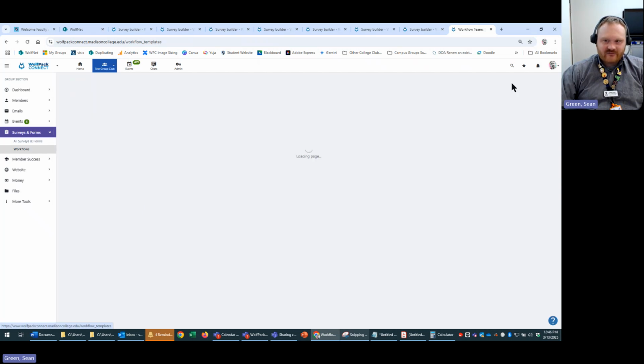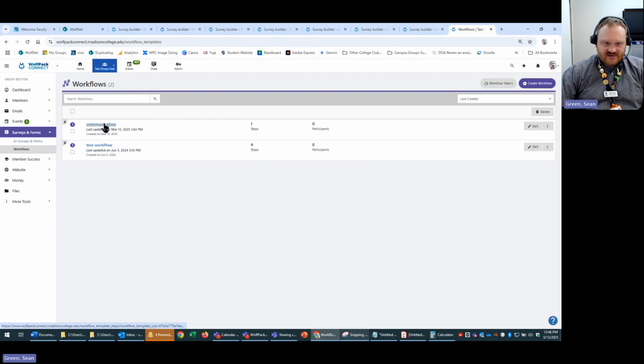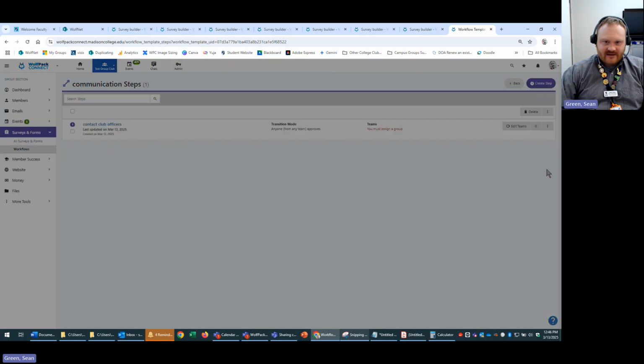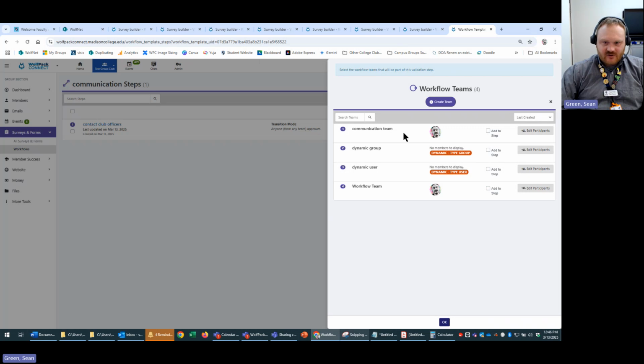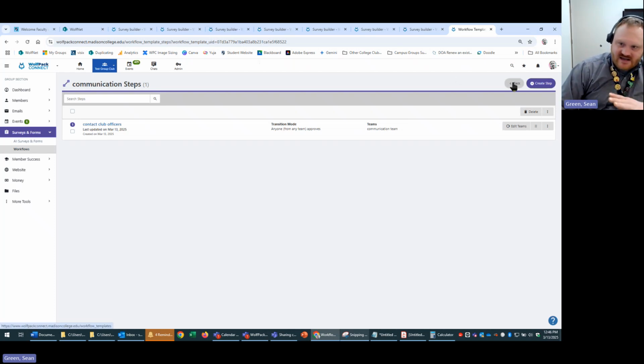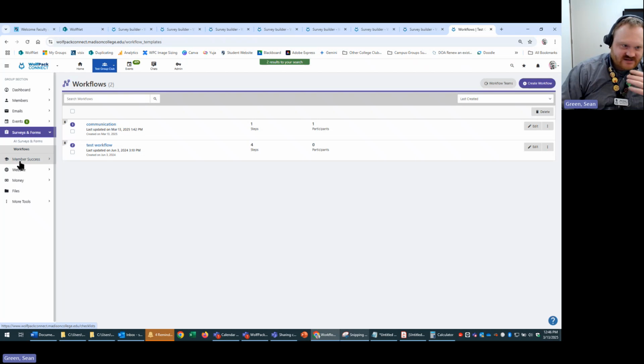Now I can go back to my workflows, right? So this workflow, again, I have to assign a team to it, hit edit teams, and now I could say communication team. We're going to add that to the step. Again, we could edit participants here, and then we can select that. So now this will happen. This part of the workflow, this step will happen based on a certain condition. And if that makes no sense, hopefully it'll make a little bit more sense here in a second,